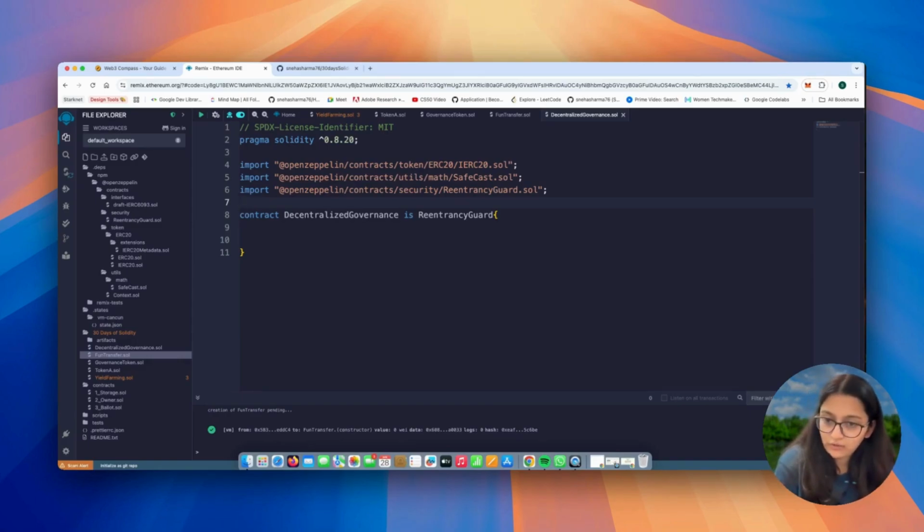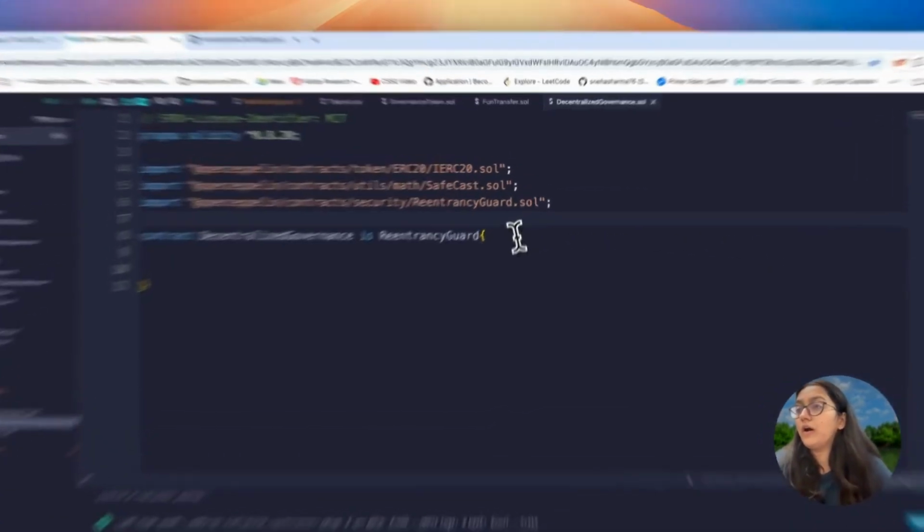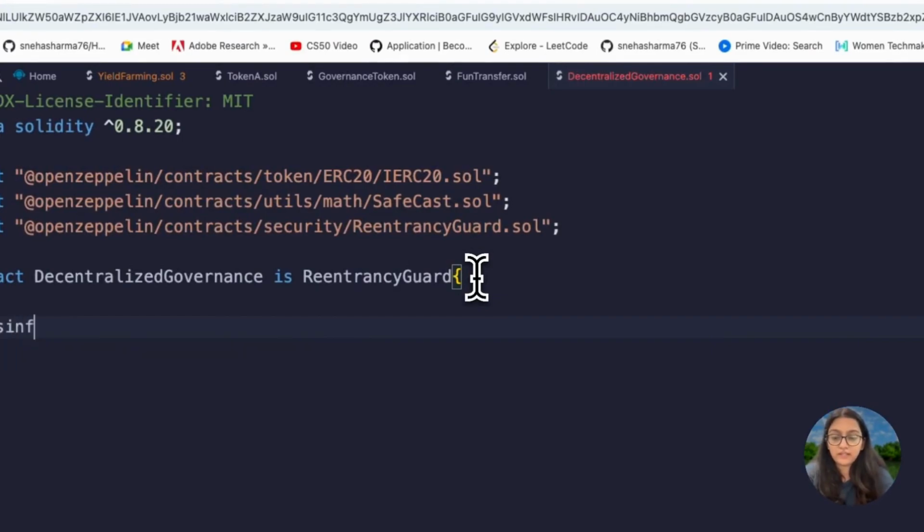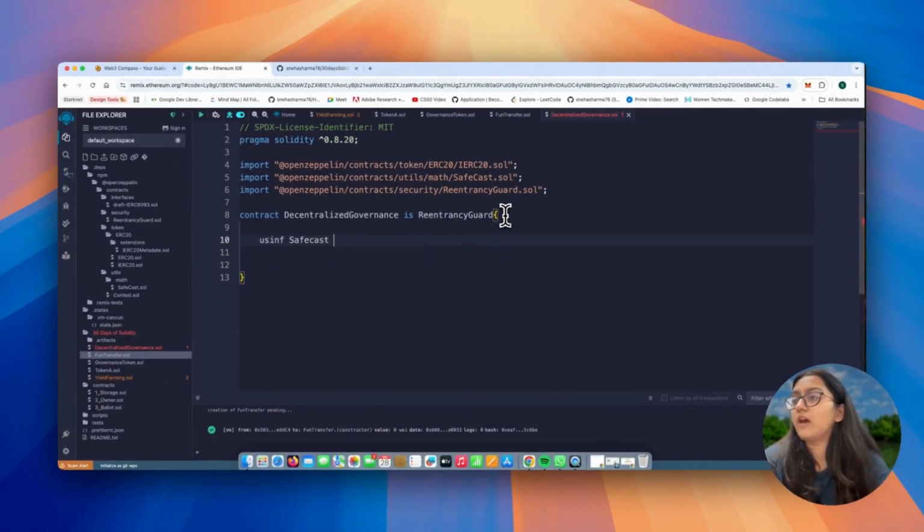A quick refresher on that one: a reentrancy attack happens when a smart contract calls an external address before updating its own internal state, and that external address maliciously calls back into the contract and abuses any unfinished logic or any sneaky little mistake that you've done in terms of logic. So with ReentrancyGuard, we can lock functions like executeProposal so that they can't be entered again before the first call finishes. Okay, so now since we've laid the foundation, we will say using SafeCast